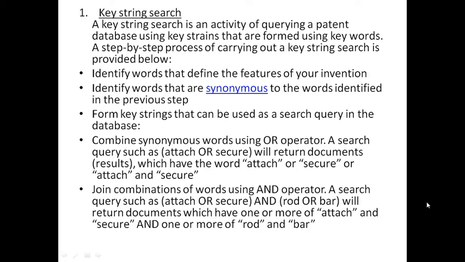Otherwise you can put the same or identical meaning, or synonyms of that word. Then combine the words using the OR operator. All this information which we give, it will automatically list out the patents, what names it is registered under, how it is relevant, everything will come. Depending on that we can register our patent.